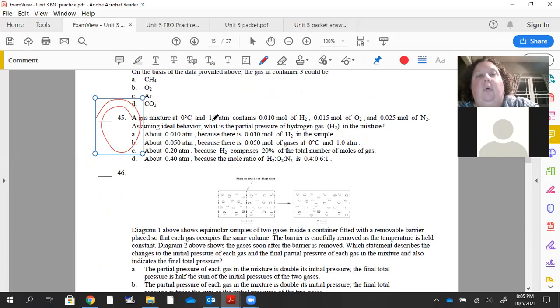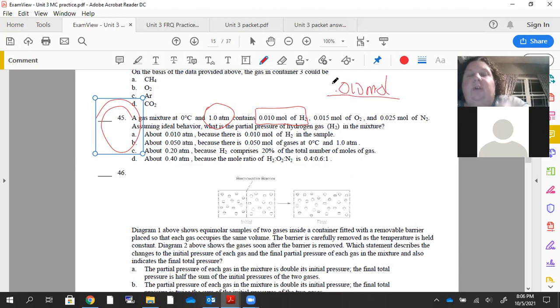If the whole container has a pressure of 1 atmosphere, we want to know the partial pressure of hydrogen gas. Hydrogen is only 0.010 moles out of the total mixture of gases, which is 0.010, 0.015, and 0.025 moles altogether. If we add that together, 25, 35, 40, we get